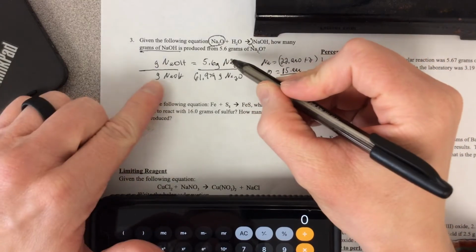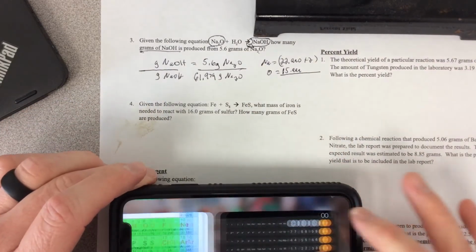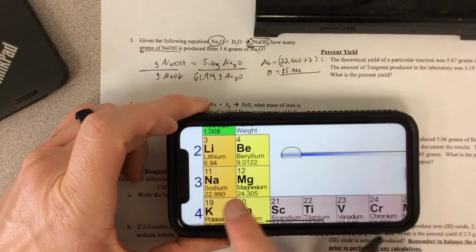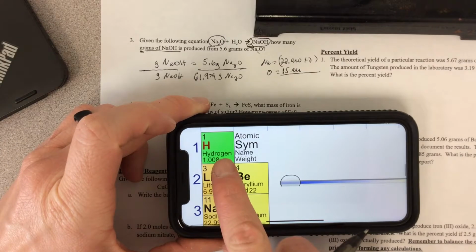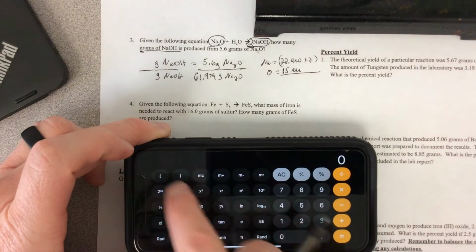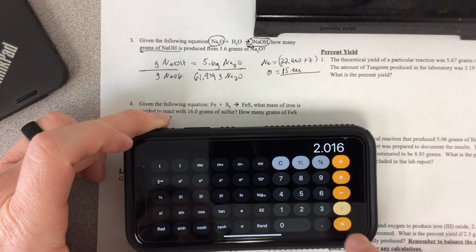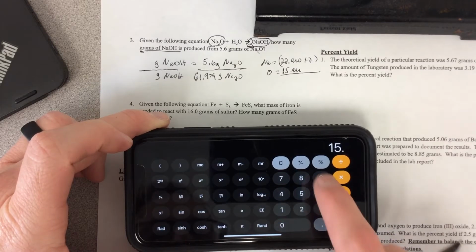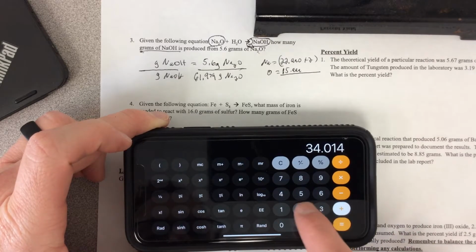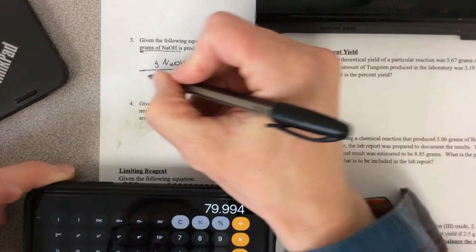It's talking about sodium hydroxide, so grams, so I have to know how much that whole thing weighs. So I go back to my periodic table. We know the oxygen is 15.999, sodium is 22.990, and the hydrogen is 1.008. There are going to be 2 of each in our equation. So hydrogen is 1.008 and there are 2 of them. Oxygen is 15.999 and there are 2 of them. And then lastly we have sodium, 22.990, and there are 2 of those. We add all of that up for a total of